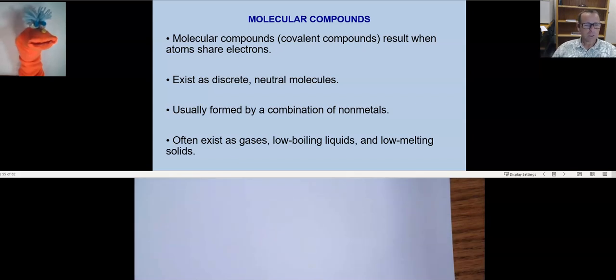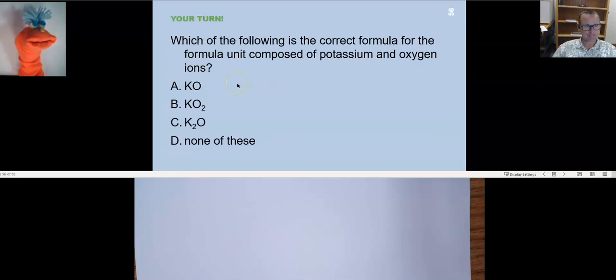Okay, so talking now a little bit about molecular compounds. Molecular compounds, also known as covalent compounds, result when electrons are being shared between atoms. And this is going to be compounds that only contain nonmetals. All right? So, what is the resulting compound that will form when we combine potassium